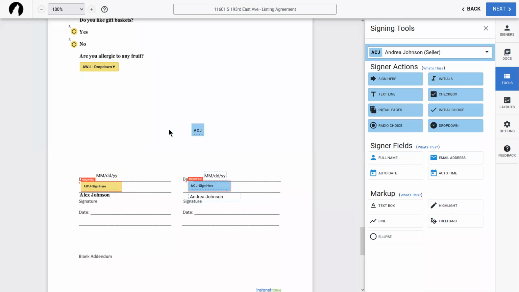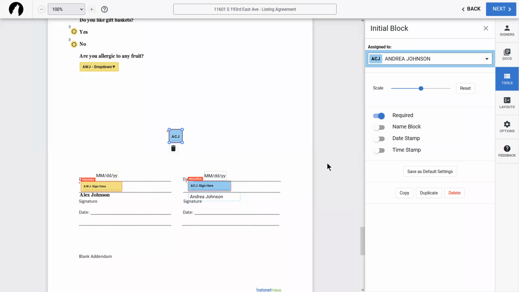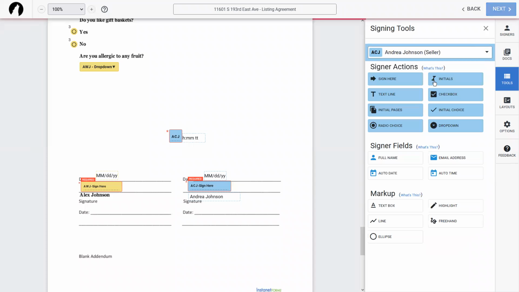Same thing can be true of the initials. You guys add the initials on here, you can add a date stamp, and so on. Here's a perfect example of why you may end up wanting to set defaults. Let's say that instead of a date stamp, they wanted the time stamp. This will show the hour, minute, and AM or PM, so that it automatically shows when they initialed this. And then if I set that as my default, whenever I go in to actually add in Alex's initial block,